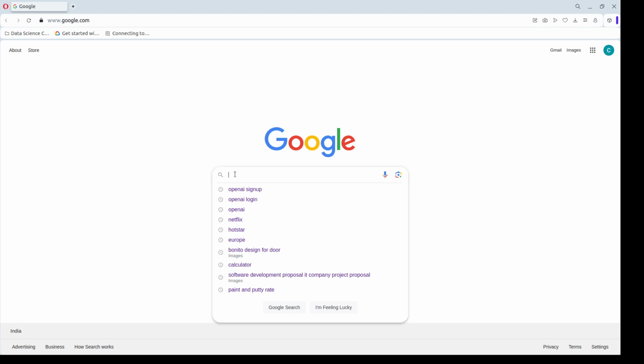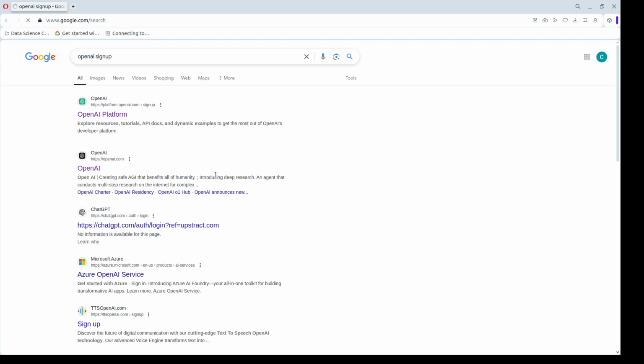So for using an OpenAI key, first we need an OpenAI key from the OpenAI platform, right? So let's see how we can get it. For this, first we need to go to the OpenAI website